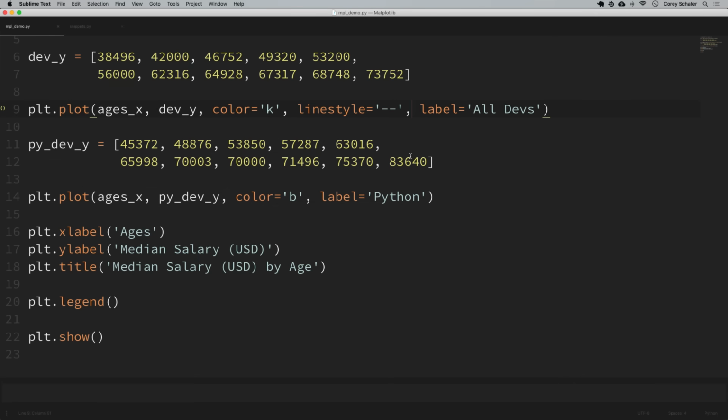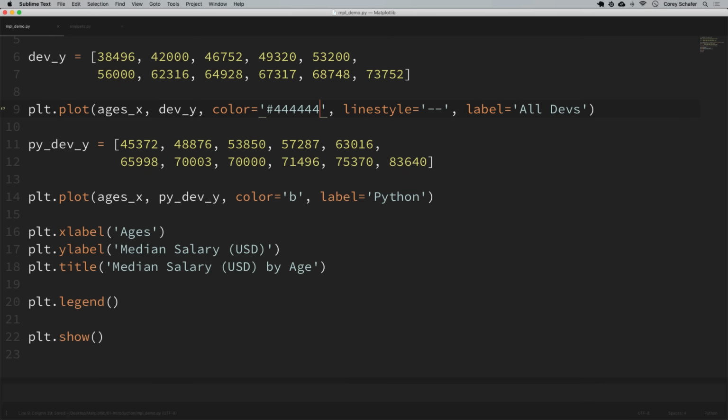Okay, so we can also use hex color values for our lines as well, and that's normally what I use since you have a lot more color options and it's easier to find color palettes online that look good and contain those hex values. So I have some written down here that I'm going to use for our plots. So for the developers line, for color, I'm just going to use a hex value of